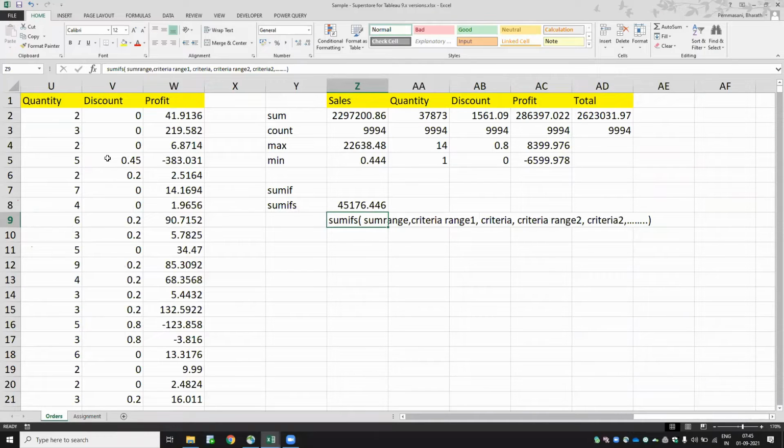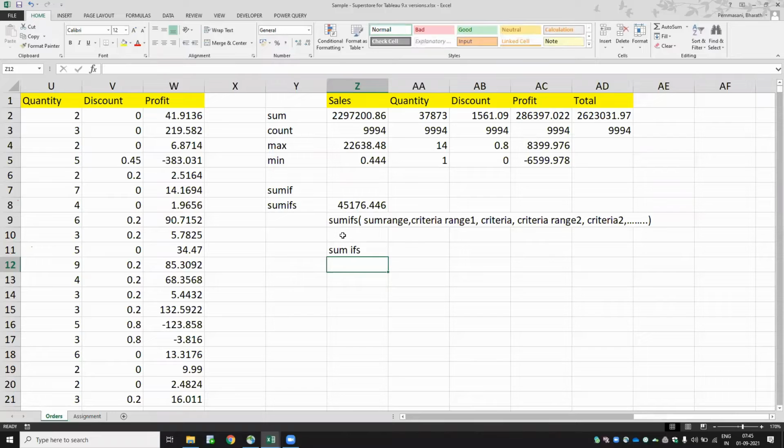So team, any doubt in this sumifs? Sum means adding. Ifs means if we are giving multiple conditions, based on this condition we are asking to sum the data. Once the condition satisfies, we are asking to sum the data. Team, shall I repeat this one, or you are okay with this? Fine. No, repeat. Okay. So what is sumifs? Sum means adding, and ifs means we are giving conditions.